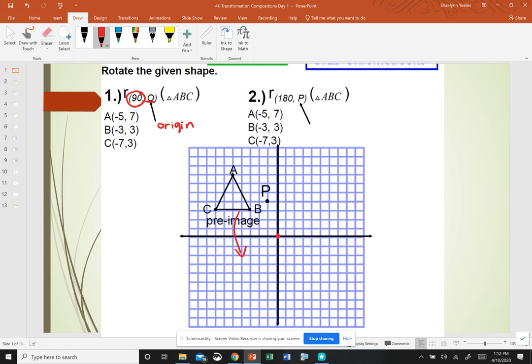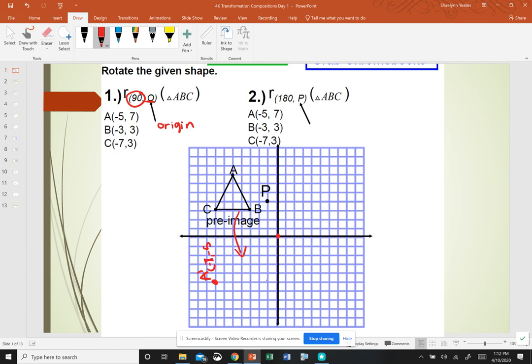So I'm going to turn my paper until it looks like that image, like the place I'm trying to move it to, looks exactly the same. So I'm going to rotate my paper until that square is in the same square. So now I'm going to plot A at -5, 7. So 1, 2, 3, 4, 5. 1, 2, 3, 4, 5, 6, 7. So here is A prime. And if you look now, A prime is now at